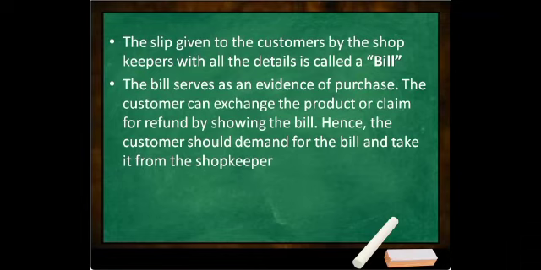Now, from these two examples, what did you see in the bill? You saw the name of the shop and the address. Then there was a date of purchase. Then the customer's name. Then the items purchased. Then you have the quantity of each item purchased and cost of each item. Then last you have the total amount to be paid by the customers. Then there will be the customer's signature.